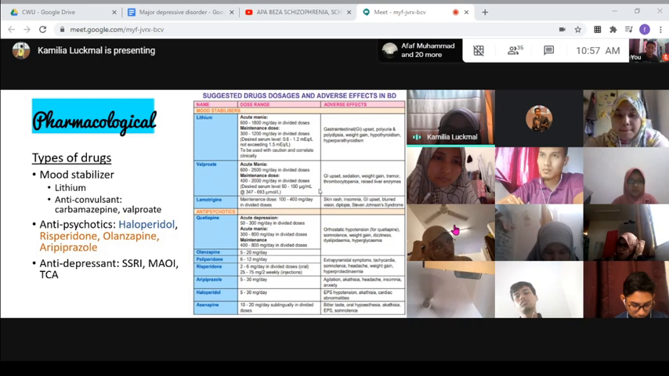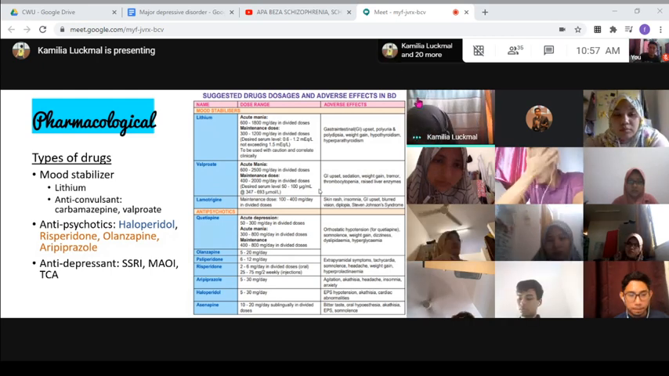However, antidepressant should not be used as a monotherapy, just like what Dr. has said before. So these are the common side effects for the commonly used medications. For lithium, the common side effects are polyuria, polydipsia, weight problem, hypothyroidism. So we need to monitor the patient's thyroid function